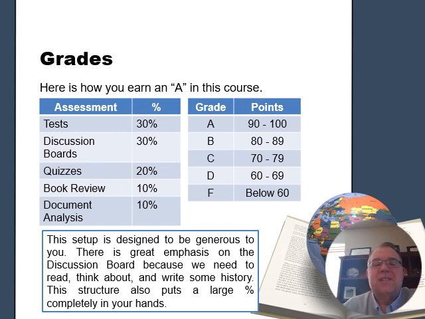You do what you're supposed to. Let's say you don't test well. You can still make a good grade in this class. Let's say I don't write very well. You can still get a good grade in this class. You look at the grading scale: 90 to 100 is an A, 80 to 89 is a B. It's the typical collegiate grading scale, but I'm leaving a lot of it in your hands, and I really want that to happen. Because if all of you made an A in here, it would make me as happy as could be. And I do mean that.